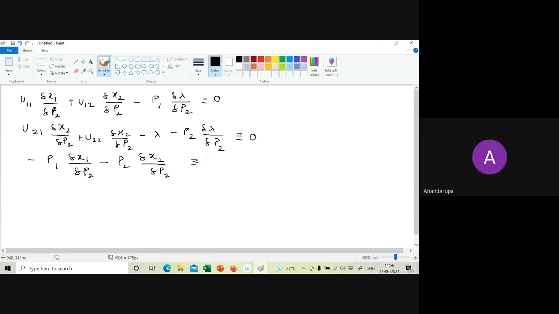Equal to x2. Okay, what happened in the second equation? Ma'am, U21 del x1 by del p2. Yes. So rest of the students, are you getting this? Yes, ma'am. From these three equations you find out